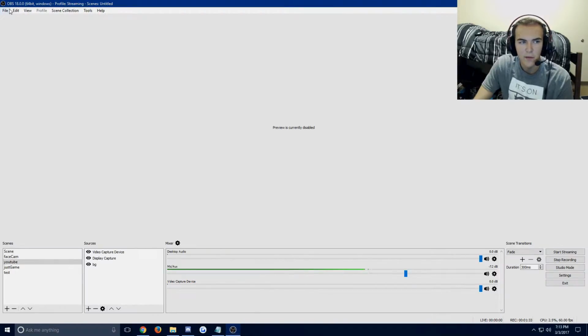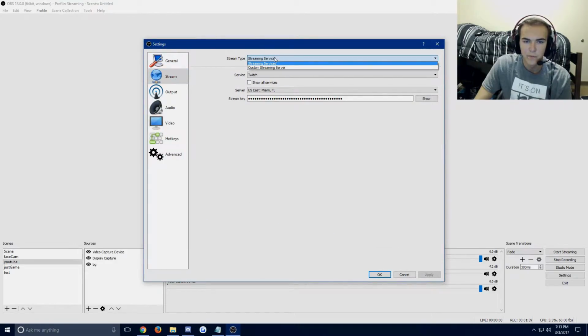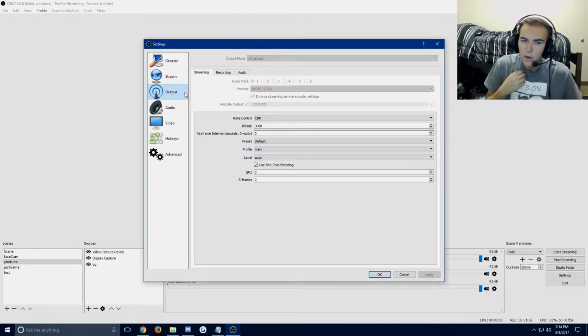So once you have that, go back into OBS and click settings, streaming services, you want this selected, then Twitch, then whatever server you're closest to. I'm closest to Miami, Florida, so I selected this one. Then your stream key, you just copy and paste from the website on Twitch. And then after that, click apply, and then we're going to go to output, and